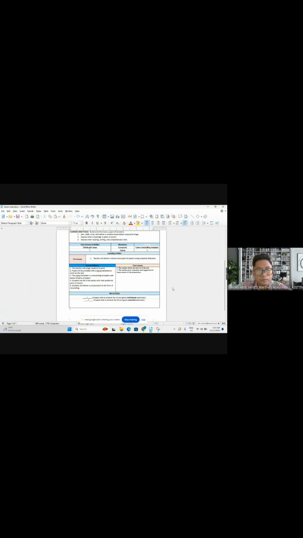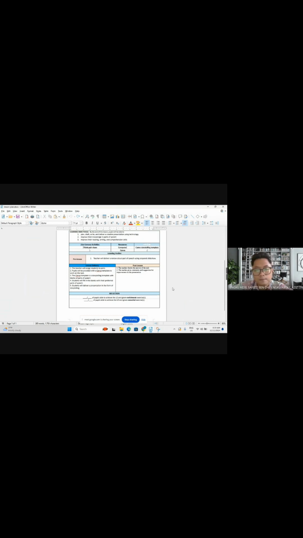For the lesson delivery, the teacher will assign students to pairs. I have 6 participants, and I will divide them into pairs of 3. The pupils will be provided with a Canva template to work on the task. The Canva template is a storytelling template with blanks of part of speech.